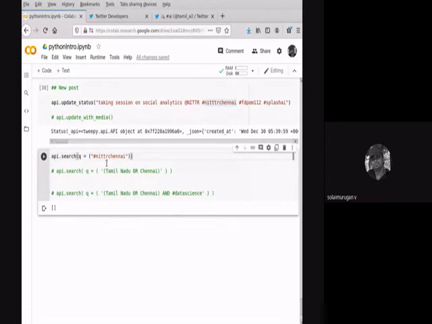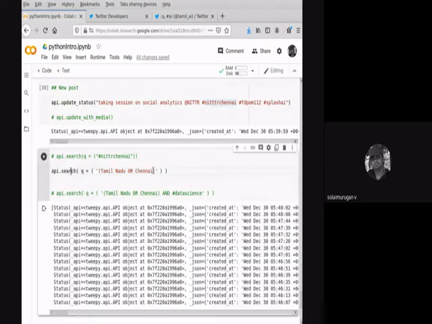I don't know why it's not coming. Let me check. Okay, here you can also limit the number of tweets you want to return.